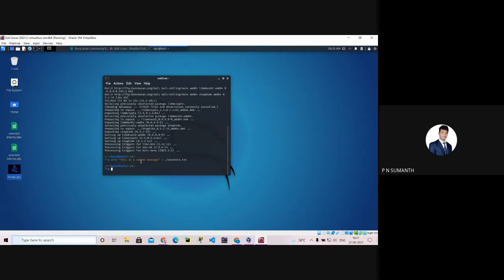So use steghide embed, minus ef, then the file name, the JPG, and minus ef secrets.txt, whatever the file name is. Yeah. Okay.